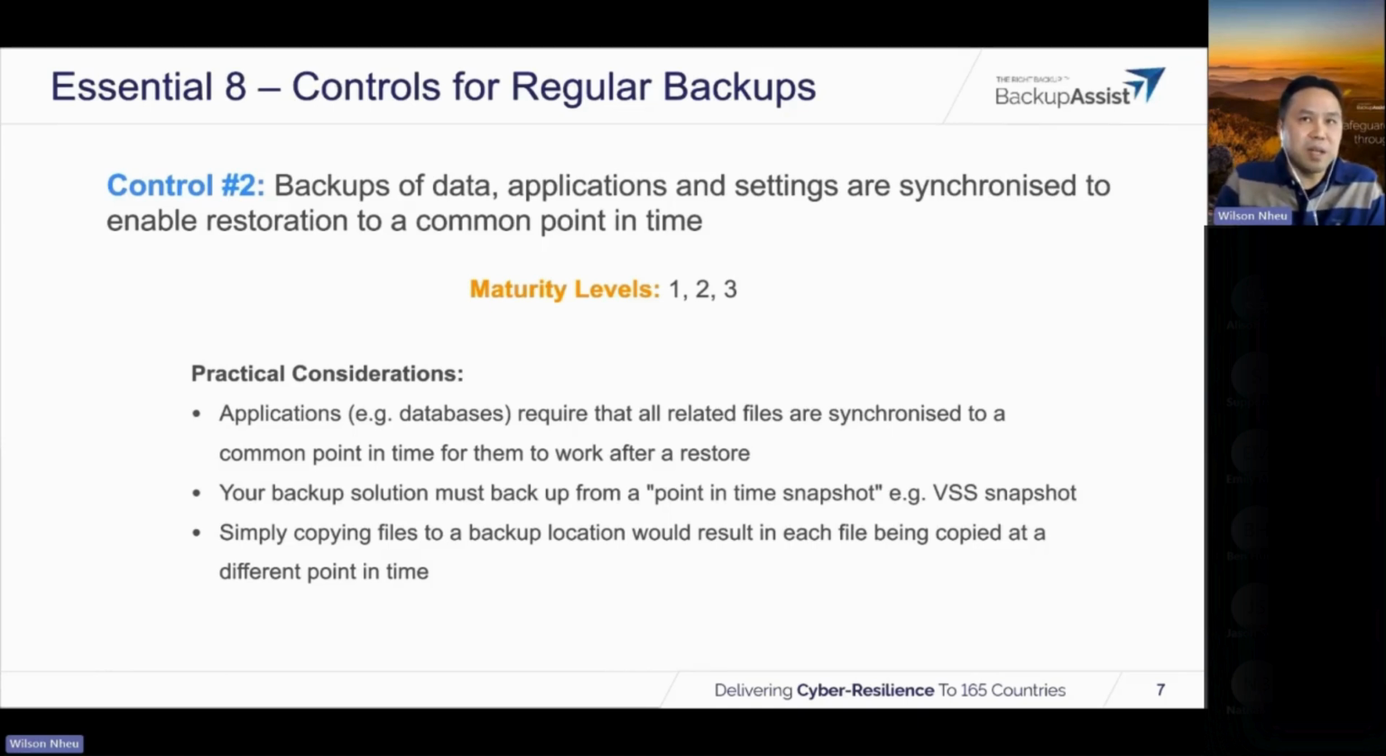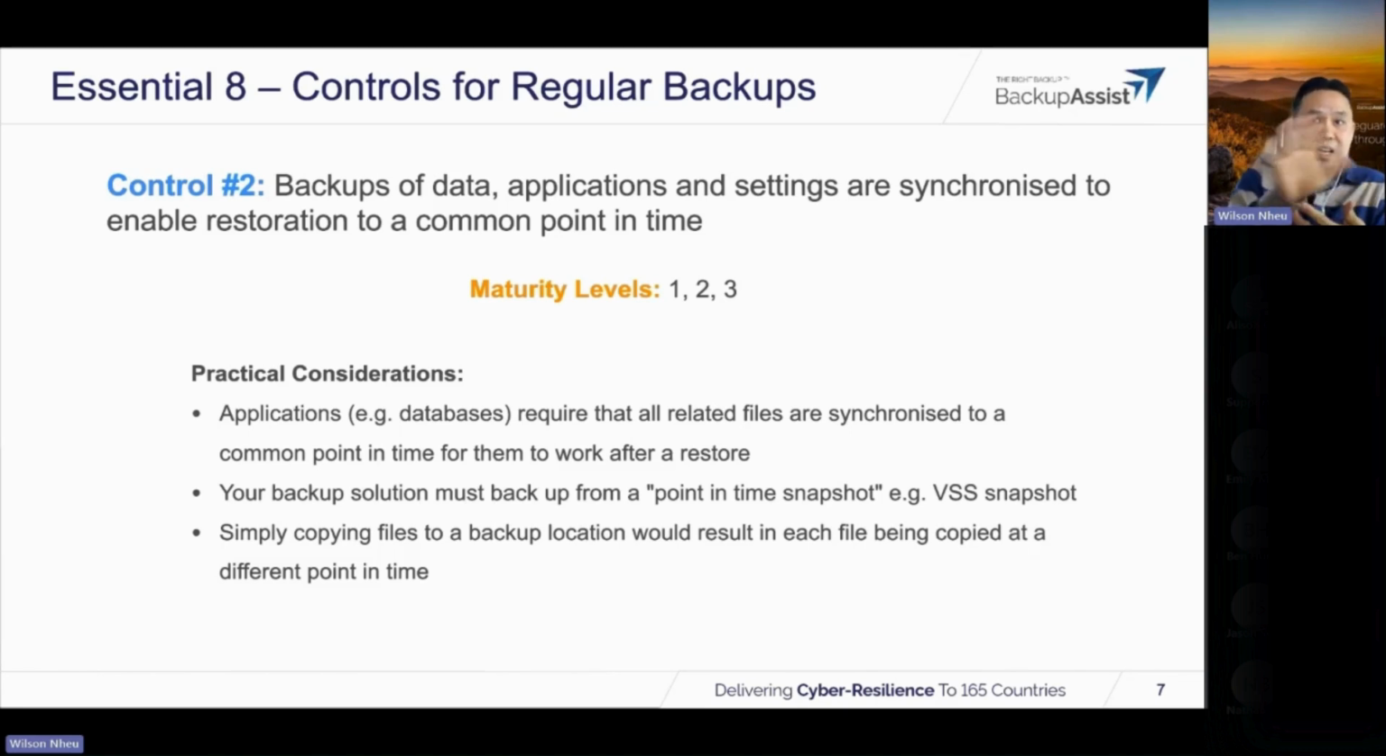So what that means is that your backup solution must back up from a point in time snapshot. For example, a VSS snapshot, if you're familiar with that. So for example, if you have 1,000 files and it takes you an hour specifically to copy them from one location to another, if you simply do a file copy, not a proper backup using snapshots,